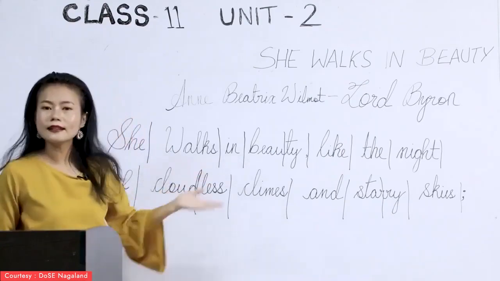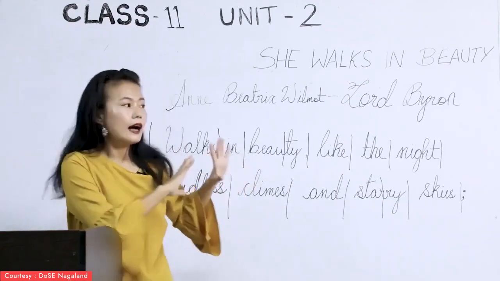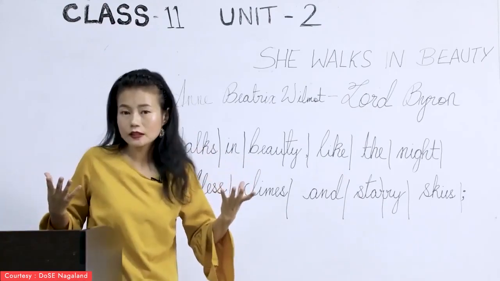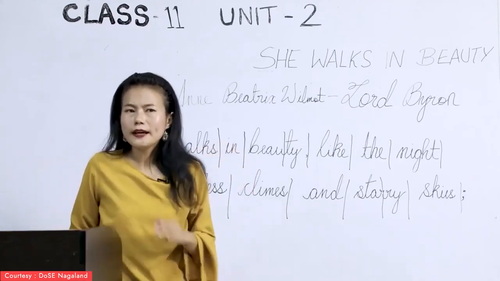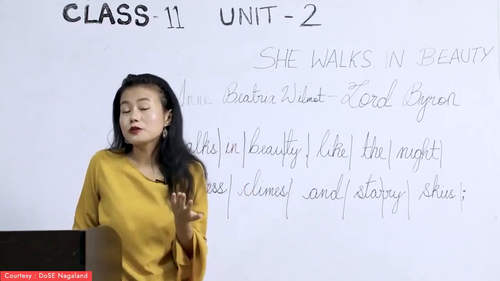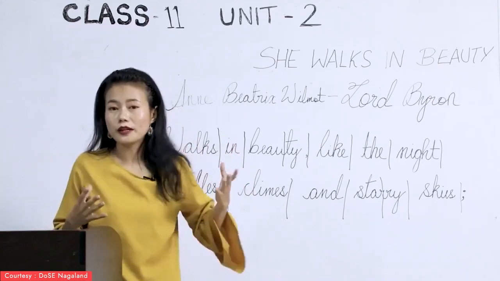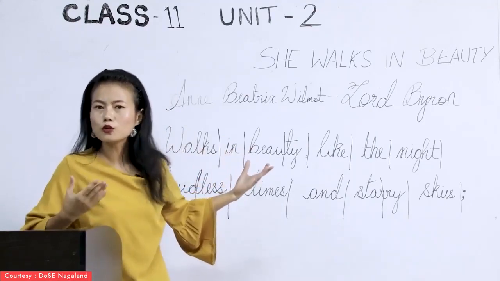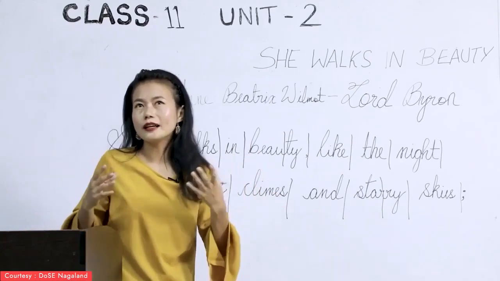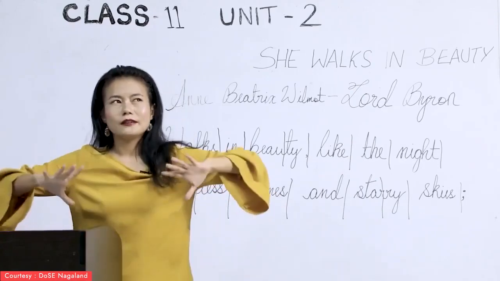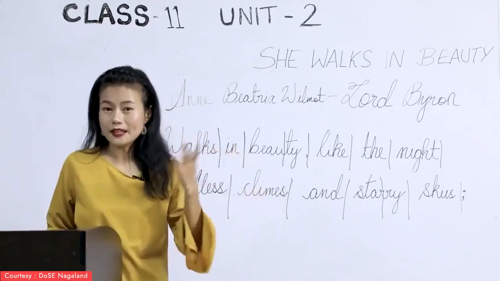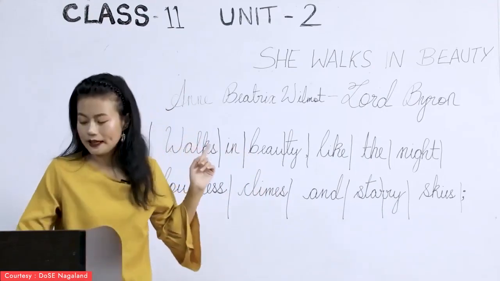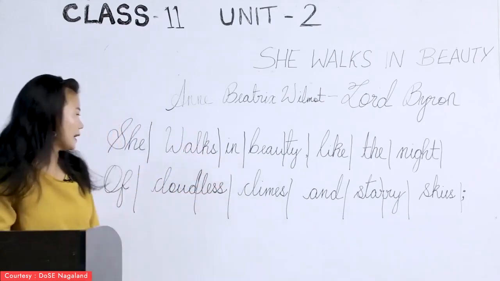From the first line itself of the poem, we get to know that this unnamed woman's beauty is compared to a night. Just imagine a night. Actually, beautiful women are compared to summer days and all, right? So you will find it weird to see this woman's beauty compared to a night. But just imagine a night, cloudless and a sky full of stars. That is beautiful, right? So the poem starts with the lines, "She walks in beauty like the night of cloudless